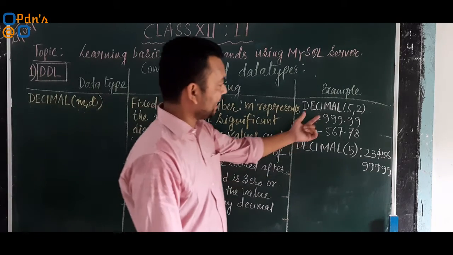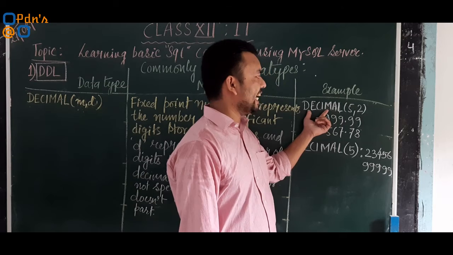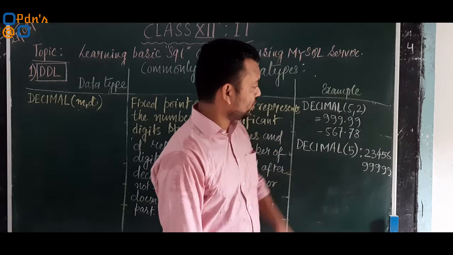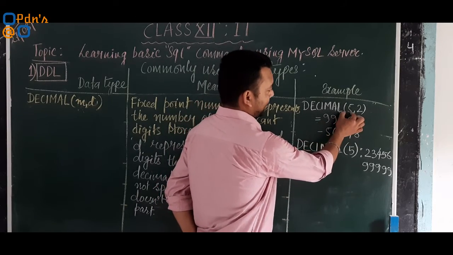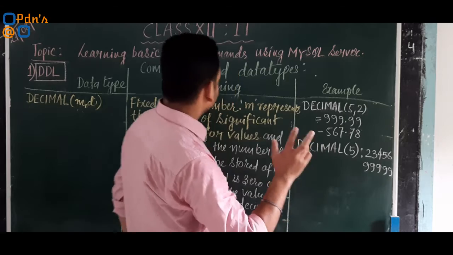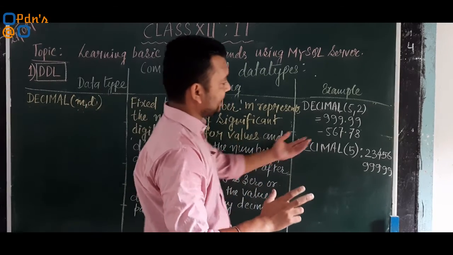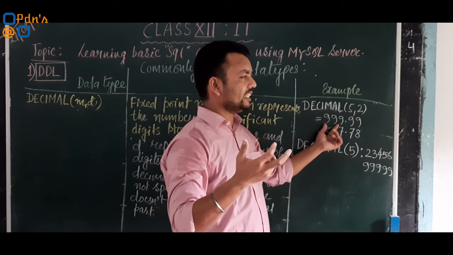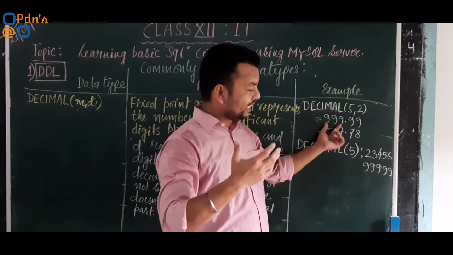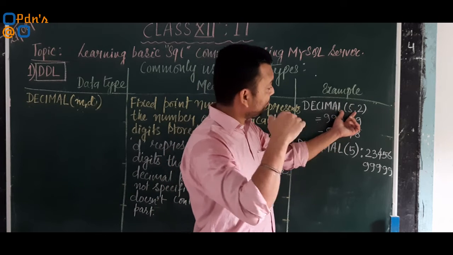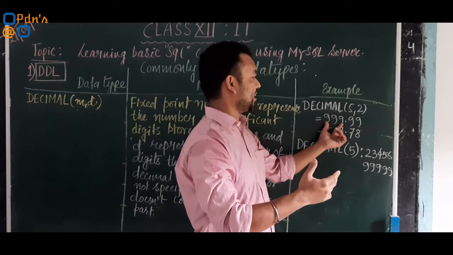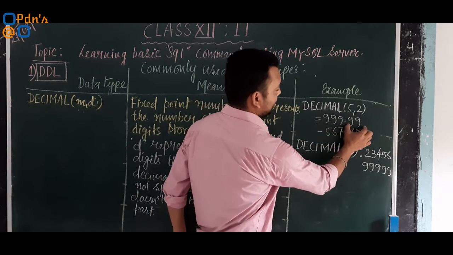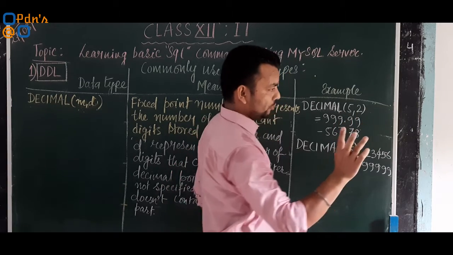For example, if we have written DECIMAL(5,2), then our number should look like this. See, the maximum capacity of significant digits that is applicable before the decimal point is 5. Now here we have written 3, so 3 is within the limit, means maximum 5 can be accommodated, not more than that before the decimal point, while after the decimal point the maximum number of digits should be 2. So it has been represented as .99, only 2 digits.